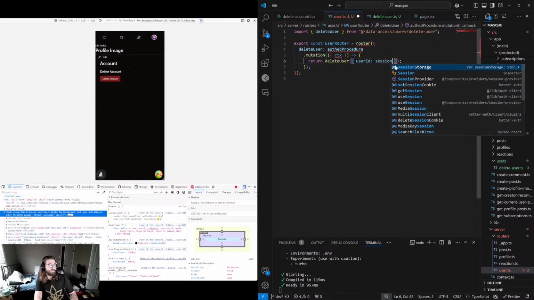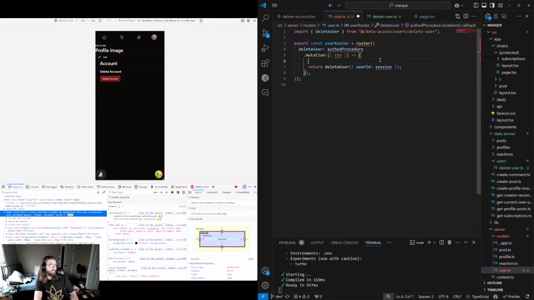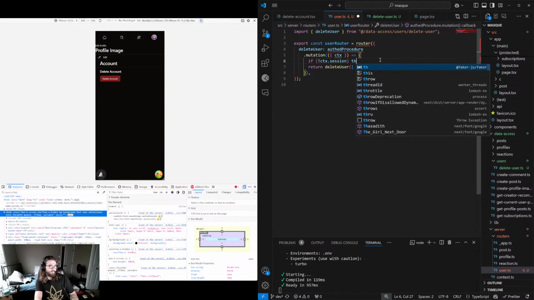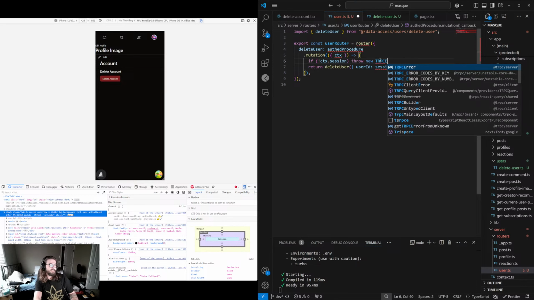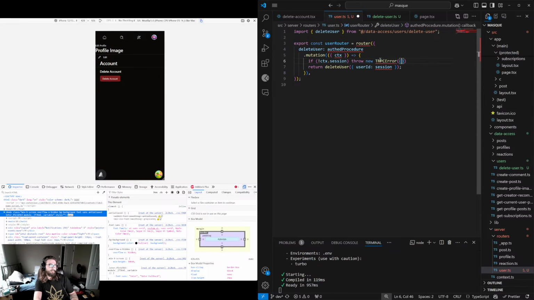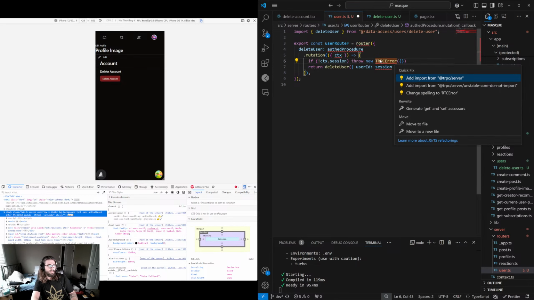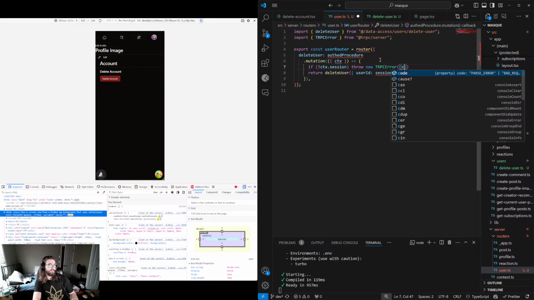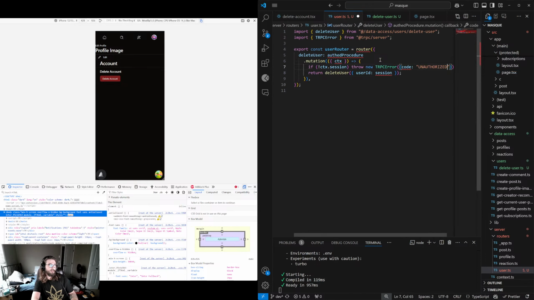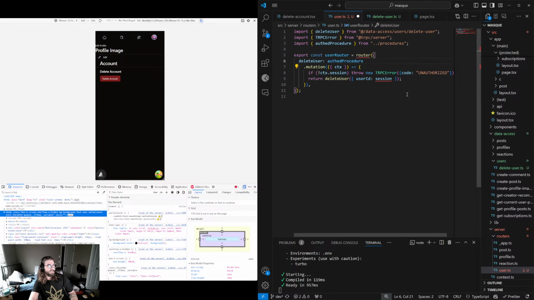It's going to be equal to, let's say, if no context dot session, throw new TRPC error. Let's import that, and then we're going to have to write code unauthorized. And then we have to import auth procedure,